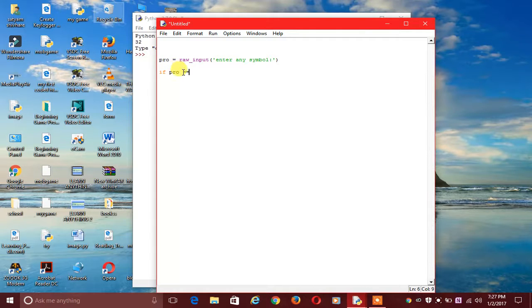But when we are comparing two things, we use a double equals sign. So now if pro is equal to, let's say, 0, that is string 0 inside two inverted commas,